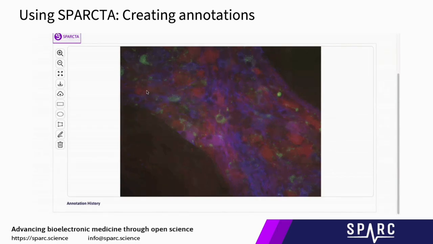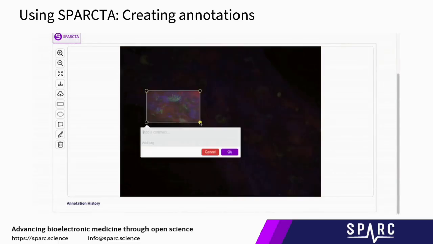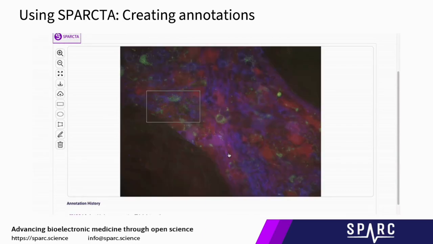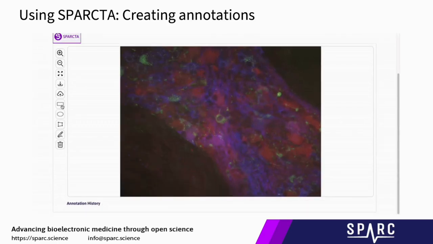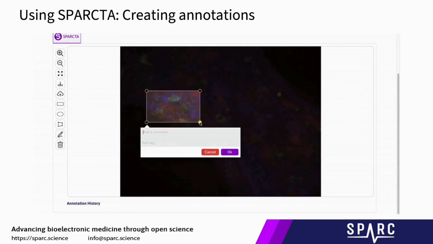Not only do we allow the user to view the file, but we also allow users to create annotations. Maybe when they see the microscopy image, they find it interesting and they want to keep track of everything that they see in that image. Using Sparta, you can create annotations based on that. You can add comments, you can add tags,